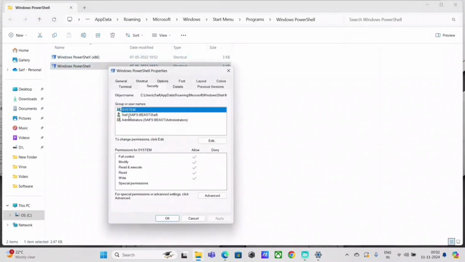Basically, my intention is to tell you that any account that is not native to you, if you're unaware of any other accounts, apart from any non-administrative account, just remove the full control, modify, write permissions basically. Just give read permissions alone, not full control permissions. Basically, we need to remove the permissions: full control, modify, read and execute, write permissions. So only give the read permissions to those non-administrative accounts, which, if they have full permissions,